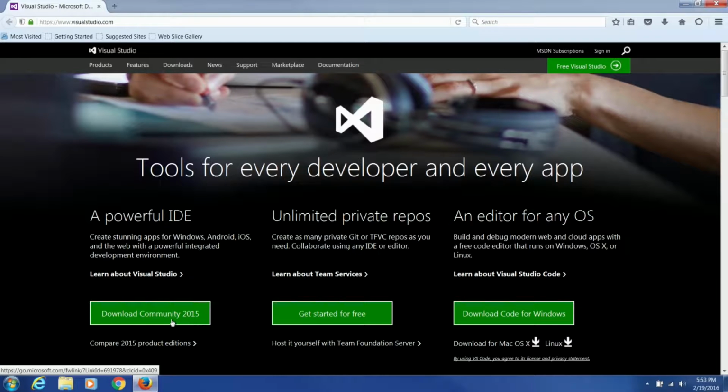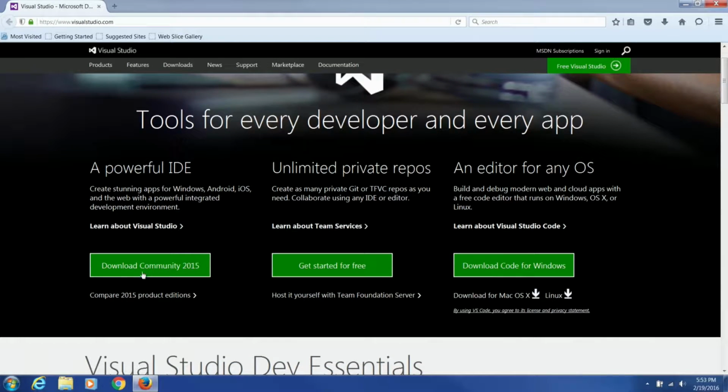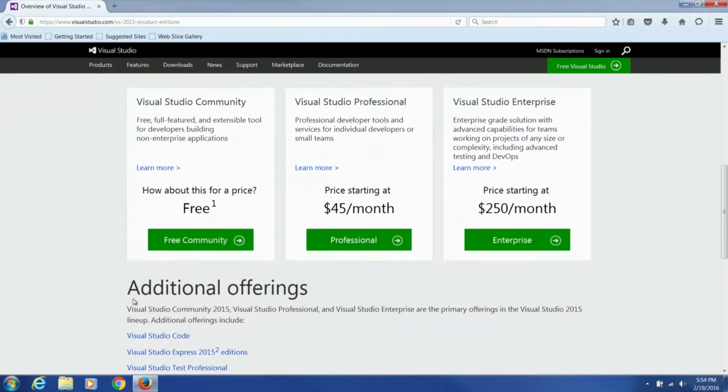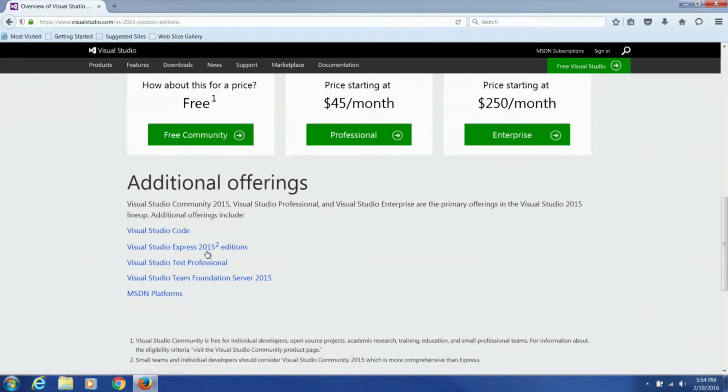And you'll see here the Download Community 2015 Call to Action button. So Community 2015 is the version, if you're just getting started with Visual Studio, that you're probably going to want to use. It's the free version and comes with most of what you'll need for doing your embedded workflow with a cross-compiled IDE. If you click here, you can see the Compare 2015 Product Editions, and down here there's a